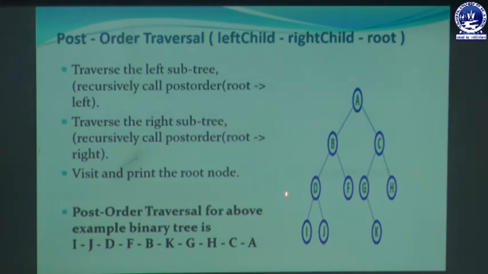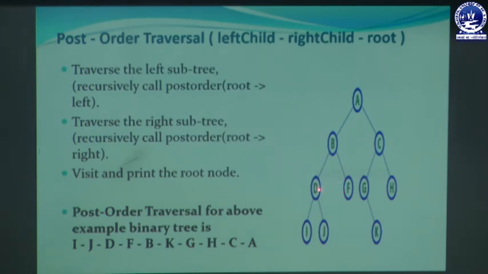After visiting D, you can see all the nodes present in the left subtree of the node B are visited. So as per the steps of post-order, we will then visit the right subtree of this root node B. When we go for the right subtree traversal, you can see there is only one node, that is F.